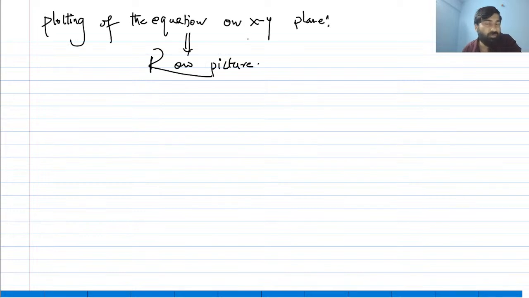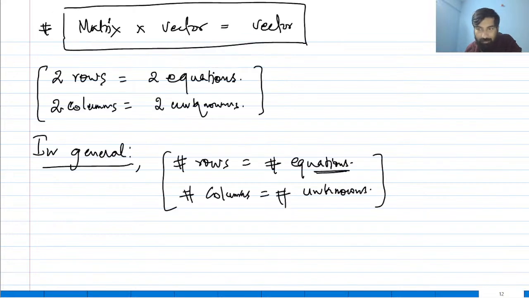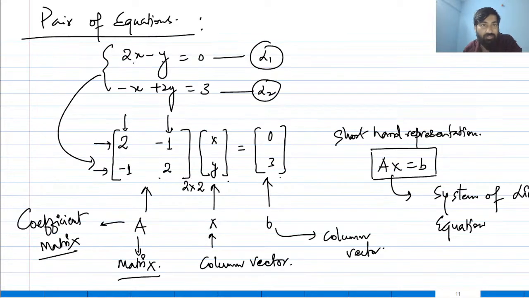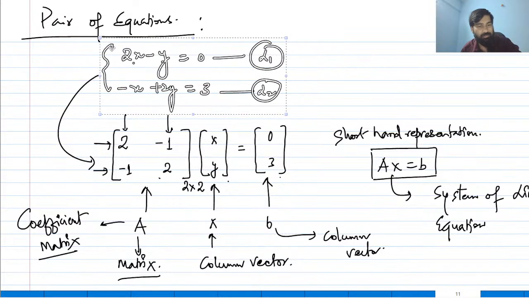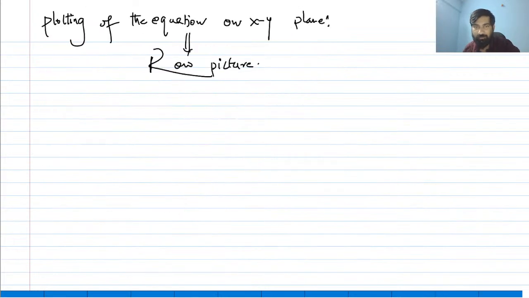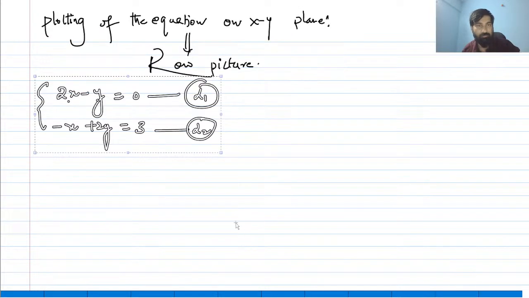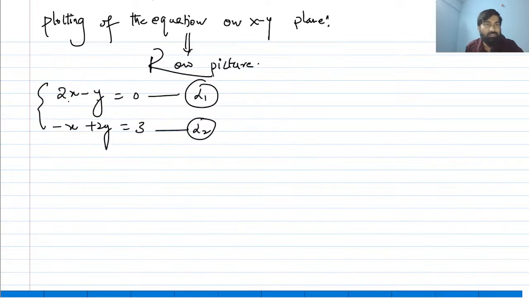So plotting of the equation on the xy plane, that is the row picture. You can plot the row picture, right? So we have got 2x, the very first is 2x. Let me take this equation from here and paste it over there. ठीक है, ये देखो. Now this equation we have to plot. I think anybody can tell me the plot, right? So I'm just gonna plot the very first line.